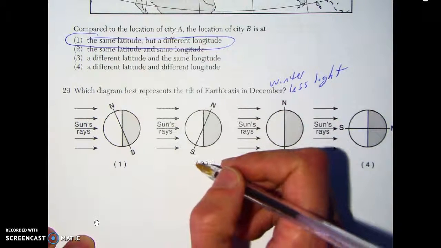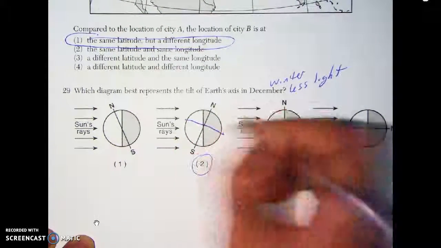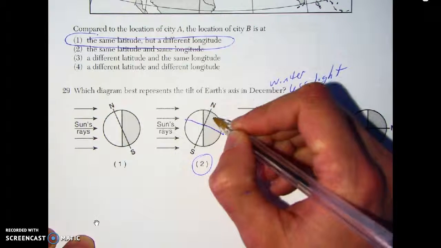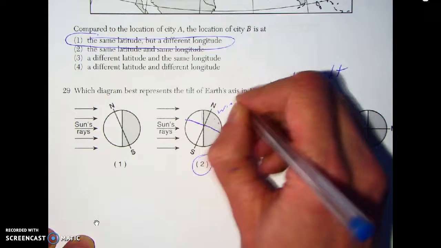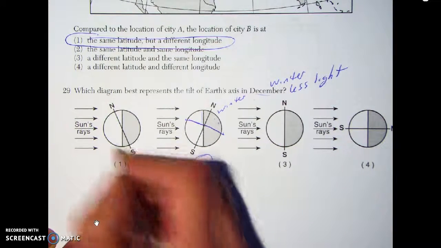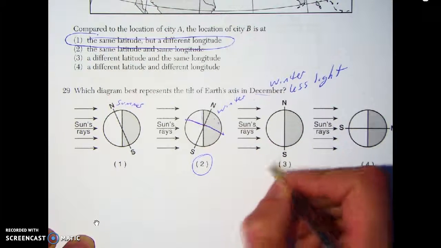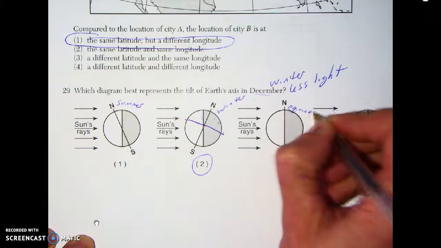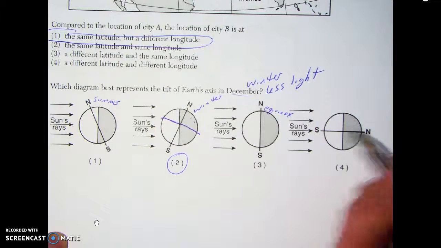In situation 2, we're facing away from the sun. The northern hemisphere, the top half of the planet essentially, is mostly in the dark. We have a little bit of light, but we're mostly in the dark, and that makes this winter in the northern hemisphere, and December is certainly part of winter. Over here, this would be summer. These two situations would be equinox, which means basically spring and fall. This situation would never happen because of the way north and south are oriented.